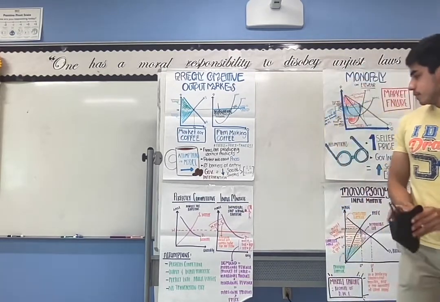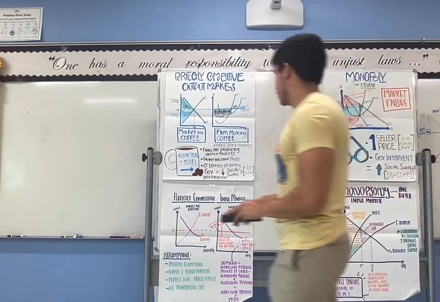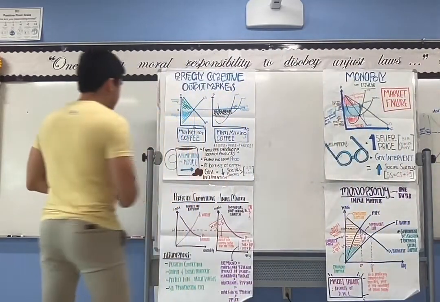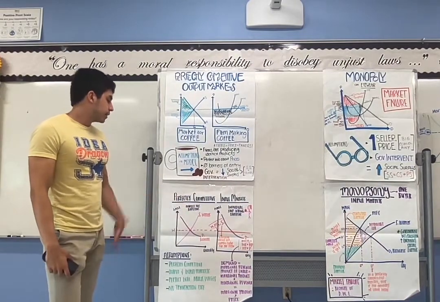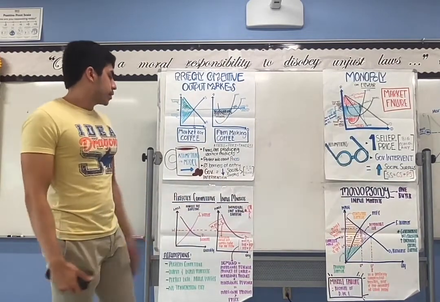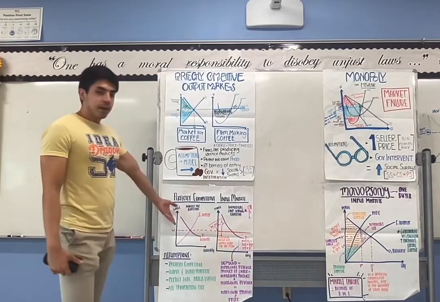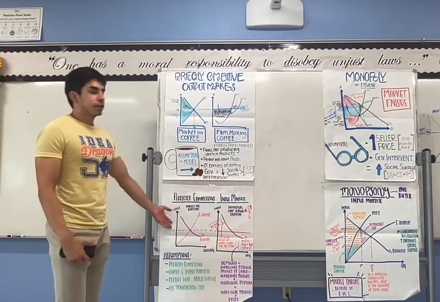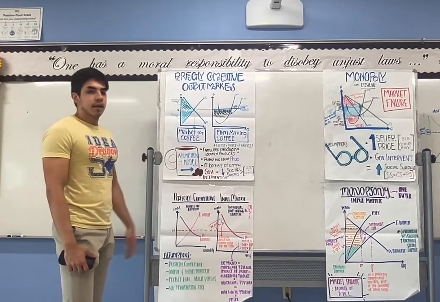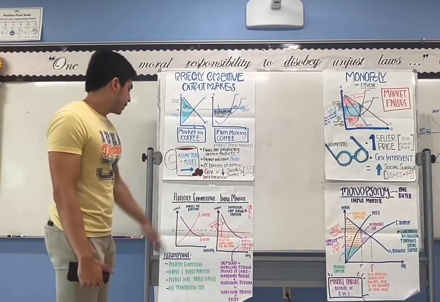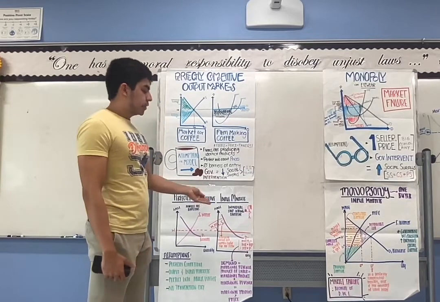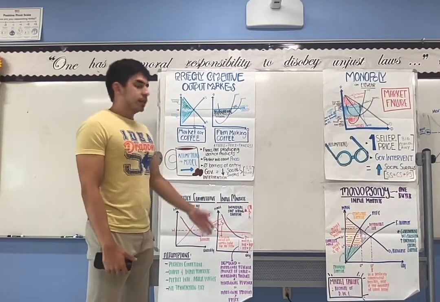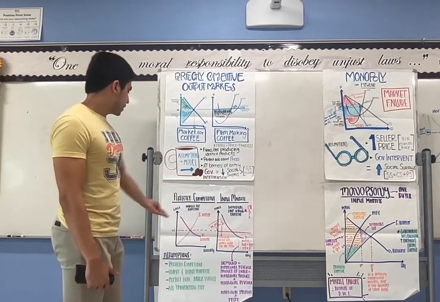So perfectly competitive input markets are interesting. We can see right here, suppliers in perfectly competitive input markets are workers, and demanders are businesses when we're talking about labor markets. So here we have the market for baristas, so people that are actually going to make the coffee that we talked about in the earlier example. And then we have the individual cost curves and marginal revenue curves associated with an individual firm. And we can see in this